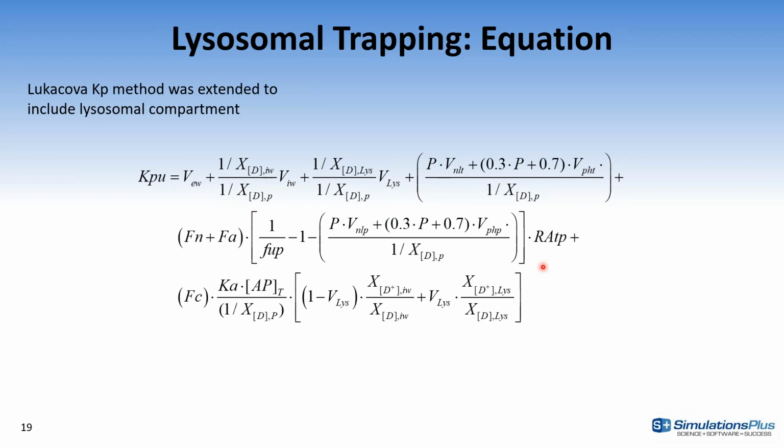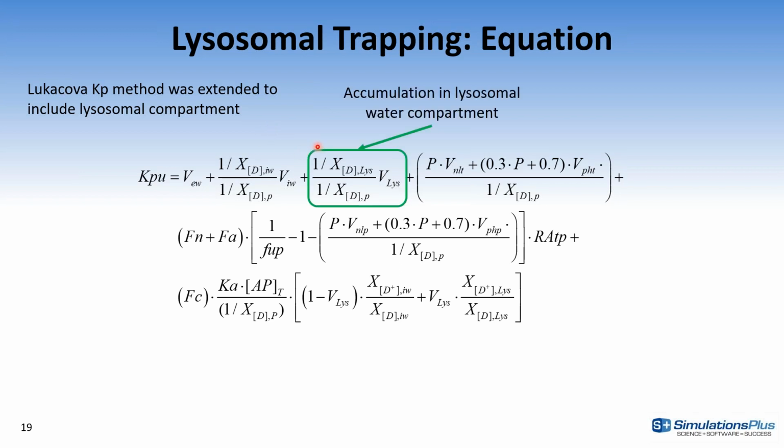The other modification that we've done was more general to PBPK modeling, where we finally added the lysosomal compartment to one of our KP methods. We've extended only the default KP method. We didn't do this extension for every one of those, but for the default, we've added the lysosomal compartment. And there are two effects. One is drug partitioning into the water in the lysosomal compartment, where due to difference in pH, the ionization will cause different accumulation, especially for the basic compounds. So we'll have more accumulation in the lysosomal compartment.